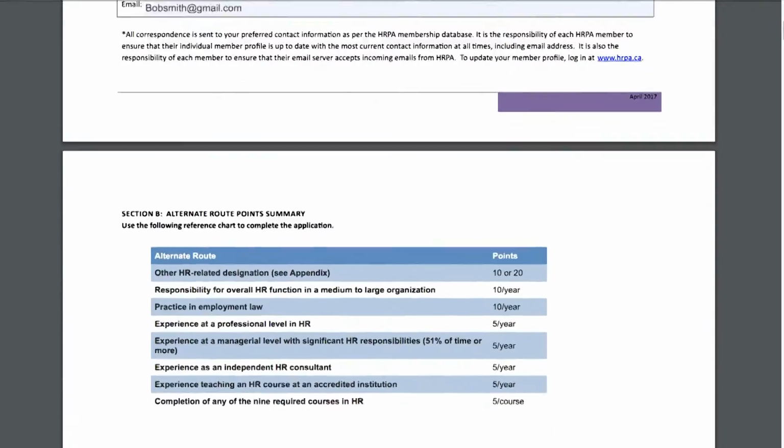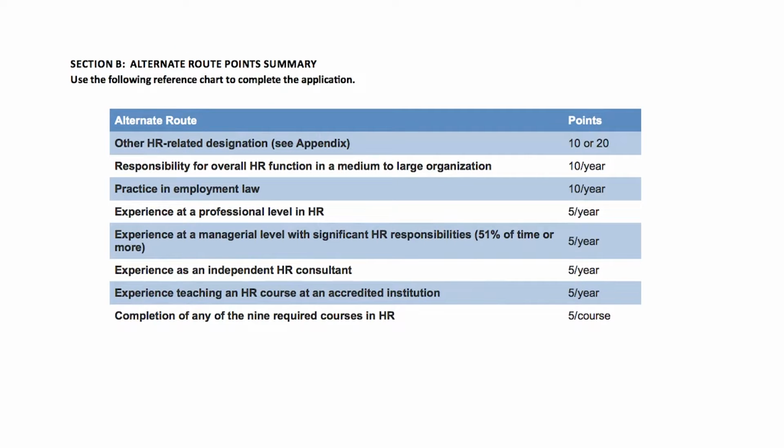Section B is the alternate route points summary. Depending on the positions that you are submitting for, it is up to you as the applicant to identify how many points per year your experience would be worth. Please note that you cannot apply both of these categories or more than one to each of your positions that you're submitting for. For example, if you're submitting for the role of HR manager at an organization, and you feel